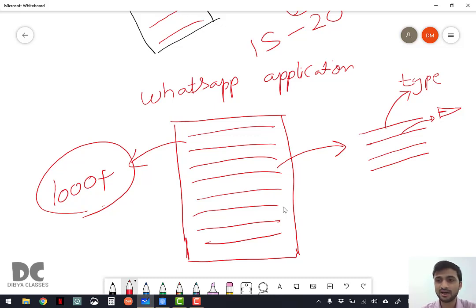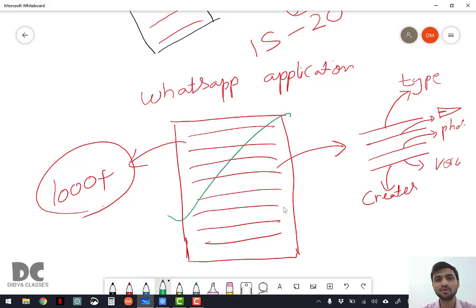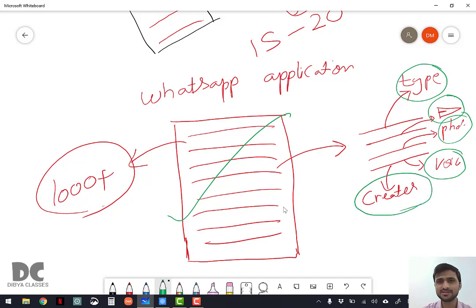How to send messages? How to send photos? How to send voice messages? How to create groups? Right? You don't have to remember the whole program. Do you need to learn Java and the whole program to use WhatsApp? No. You just need to know how to type, how to send messages, how to send photos, how to upload videos, how to create groups, and similarly, how to forward, how to reply, and this kind of things. So you don't need to know everything, but only the essential features.